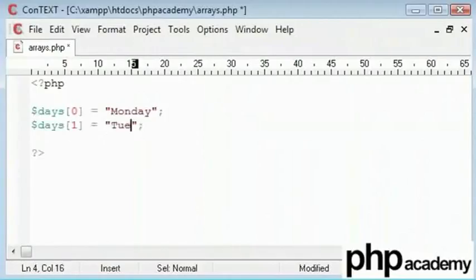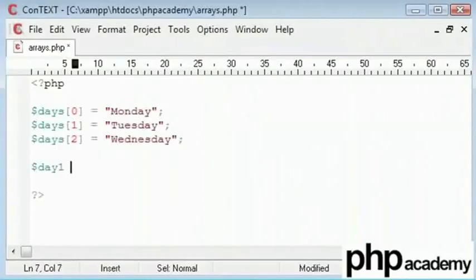Now you may think, what's the point of this? I mean, what I'm doing here essentially is creating what I said earlier would be a bit of a hassle. I could say day 1 equals, and day 2 equals, and you could do it like that. However, what we are still doing here is putting into an array. So it may still contain the same structure, but we are assigning it in a different way. So you can do it like that.